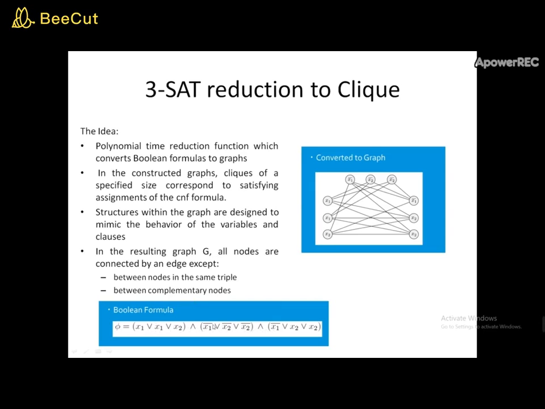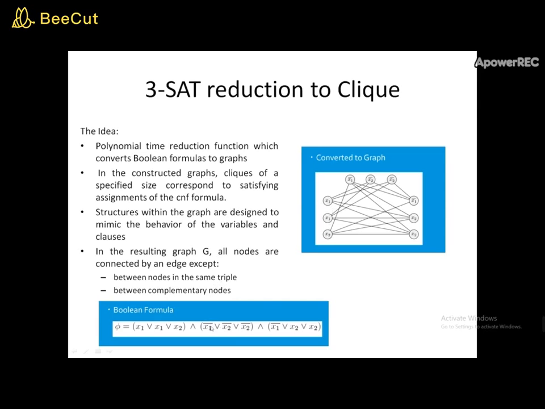Okay, so each clause here, as you can see, is disjunctive, and how many literals are there? You have 3 literals, so therefore it is called a 3CNF problem. So the first step in the reduction of 3SAT to a clique is to take all the nodes, the vertices given here, x1, x1 and x2, and write it here, x1, x1, x2.